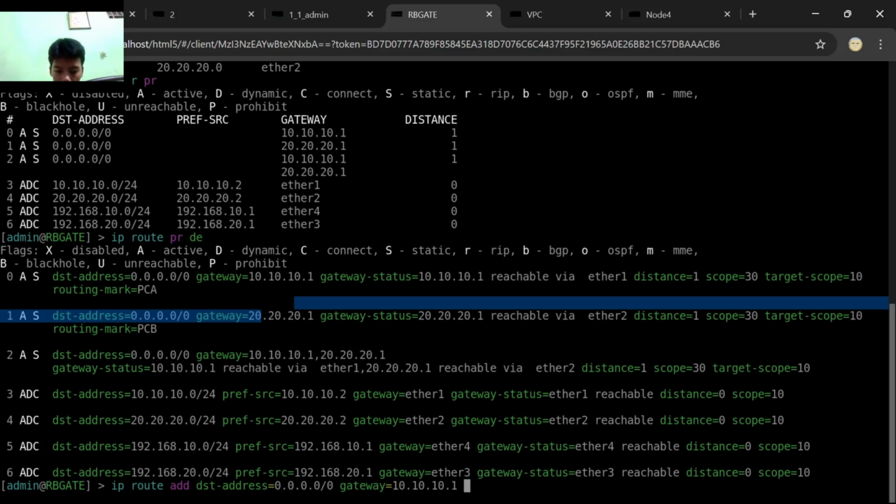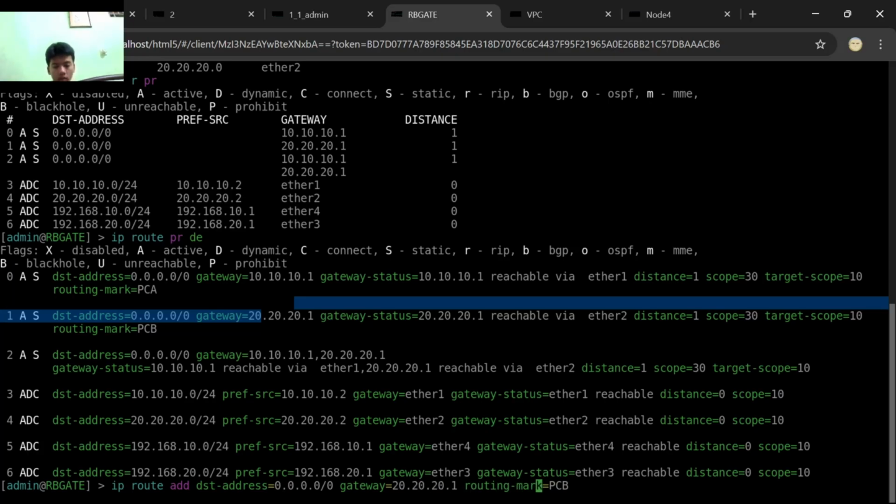Then routing mark, then fill with PCA. Like the other, then the other PC, that is PCB, and the gateway with 20.20.20.1.